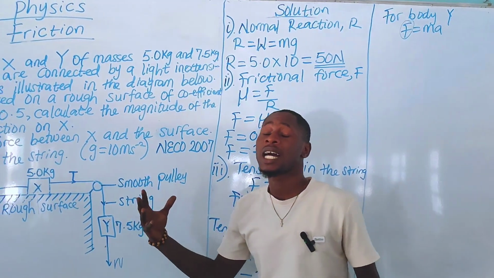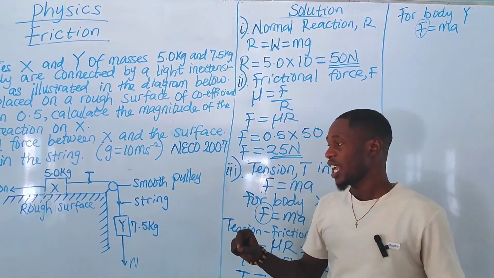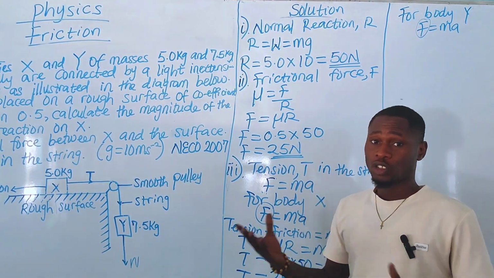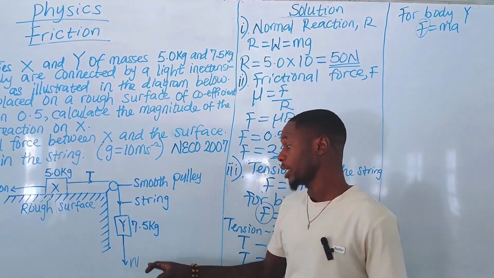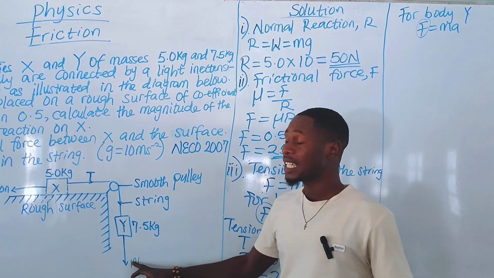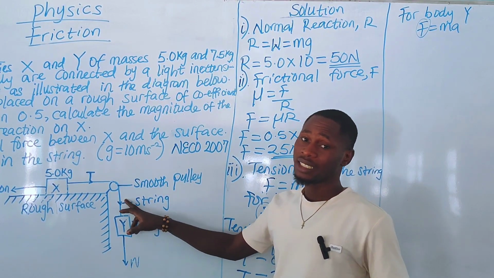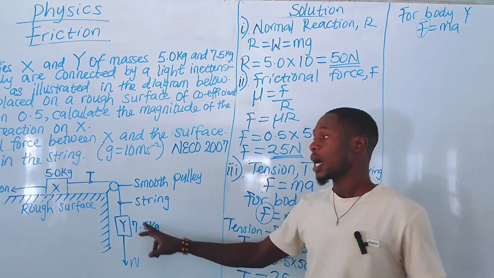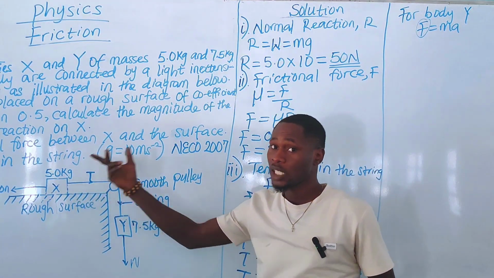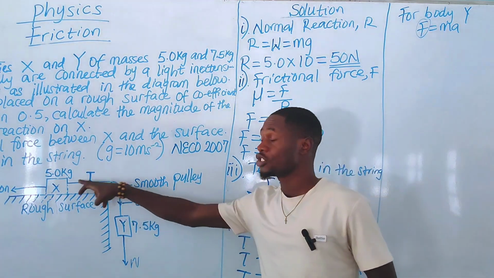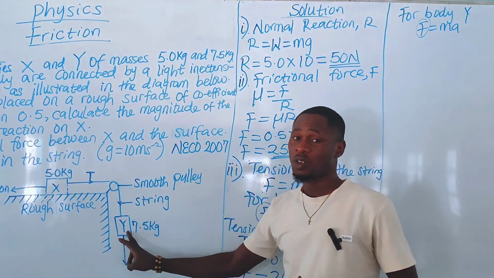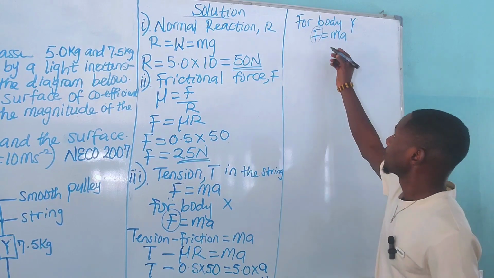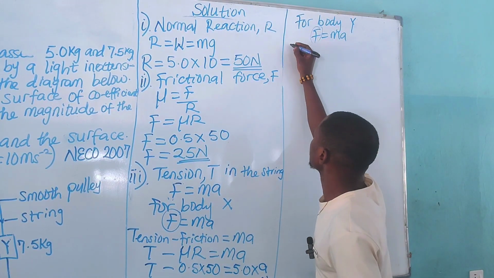So the two forces are acting in opposite directions. So we need to find the unbalanced force, that means by subtracting them. And of course, we know that the weight of the body will be greater than the tension in the string, because the mass of the body is higher, while this mass is lower. So there is no way that the tension in this string will be greater than the weight of this body. Okay, so for body Y now, the force will now become the weight